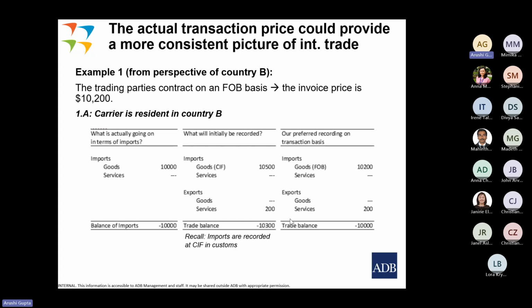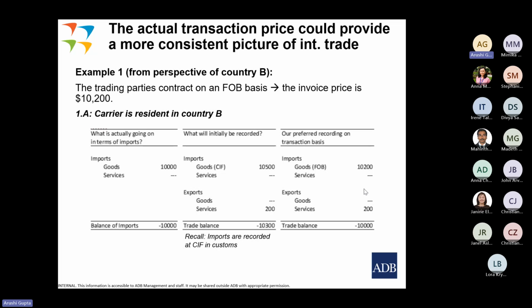So in terms of actual imports of goods, that is in the first table, the buyer in country B is buying $10,000 worth of goods from country A. However, as you can see in the second table, the CIF import value available from customs will equal 10,500. The FOB contract implies that the invoice of transport services is being split between the exporter and importer. That is, the exporter bears the cost of transport in their own economic territory, which are 200, and the importer bears the cost of shipment of 300, and the cost of transport from port to own premises, that is 100,